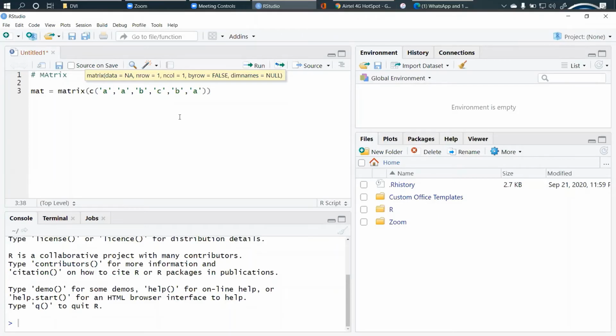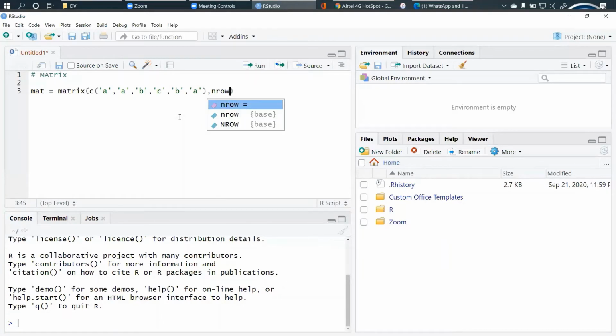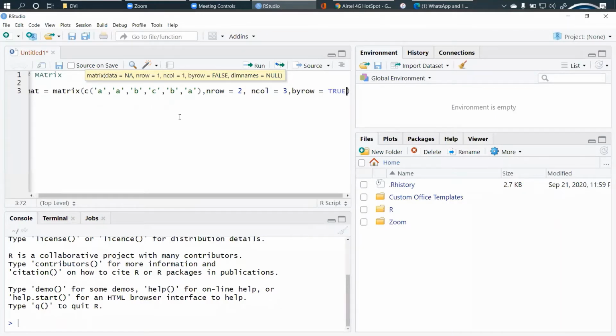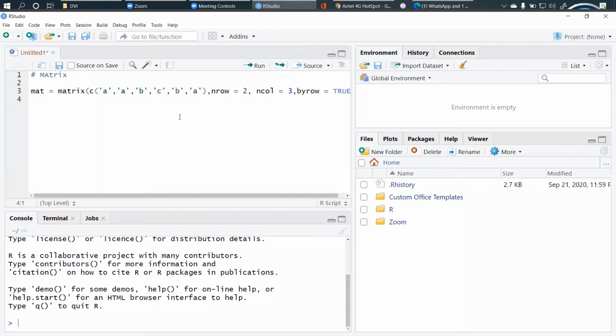First we'll take some characters as input, then we'll see how it works on numbers, because we are going to perform those arithmetic operations. So we write nrow equal to the number of rows, comma, ncol is 3, and how it should be sorted. It is by row, so make it TRUE. After this, print the matrix.